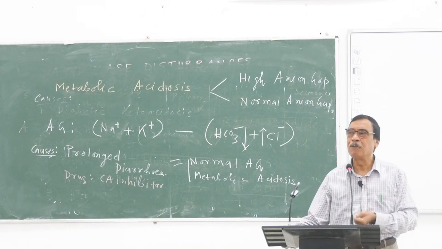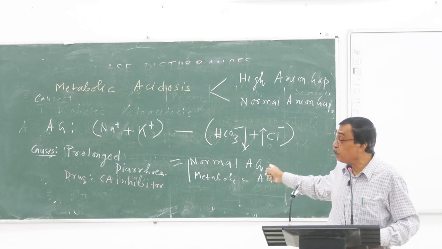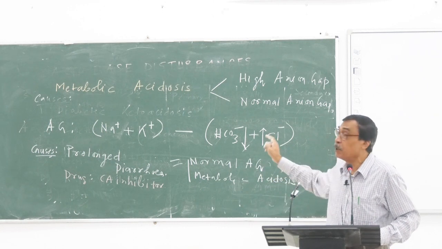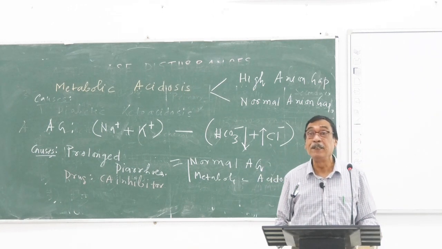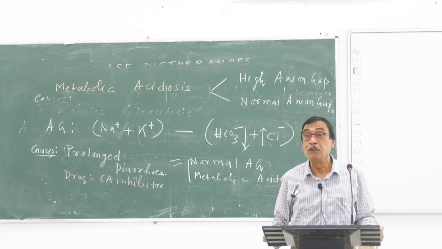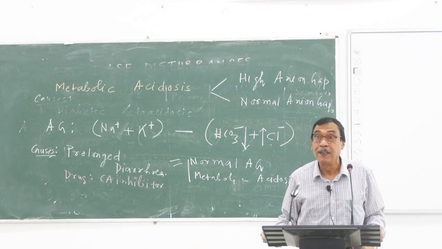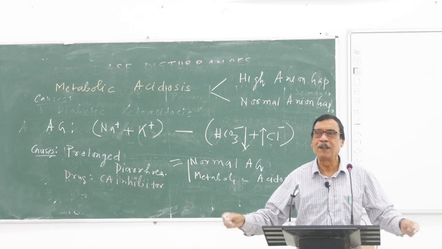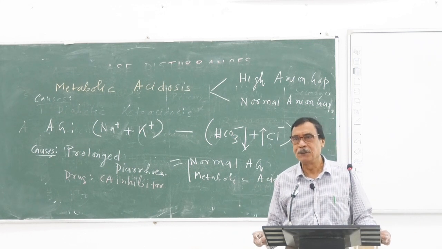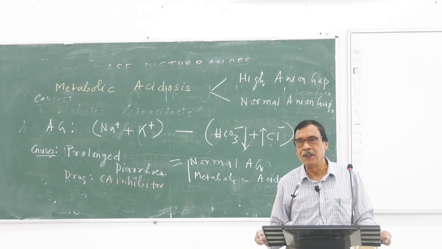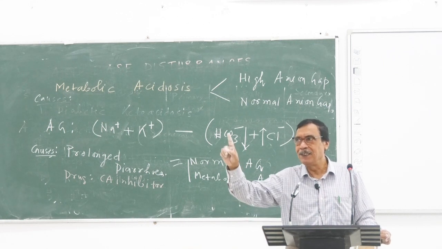This loss of bicarbonate ion I cannot revive because of the inhibition of the carbonic anhydrase. There will be no reclamation of the bicarbonate ion. There will be diminished reabsorption of the bicarbonate ion, and there will be increased loss of bicarbonate ion, producing metabolic acidosis, and that metabolic acidosis is known as high anion gap metabolic acidosis because there is corresponding increase of chloride